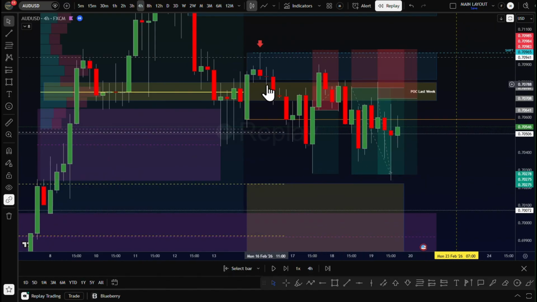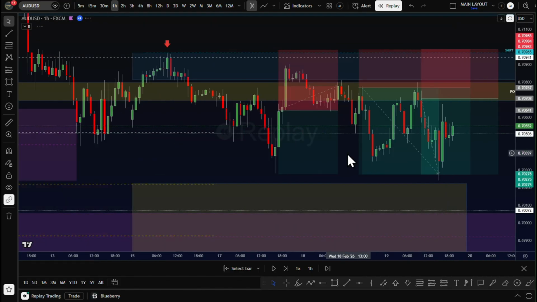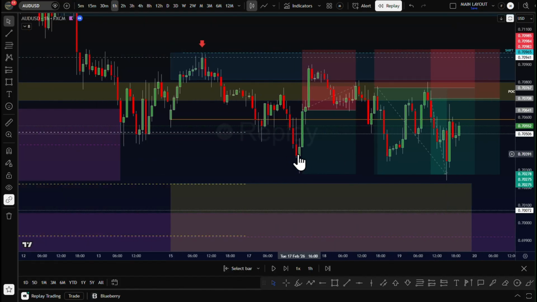So I play very, very carefully. I decided to go to the 1 hour. I came on this market on Tuesday, I think, because I didn't trade Monday. Monday was the bank holiday, so I came on Tuesday. I missed the trade on pound USD, I missed the trade on euro USD, and also missed Kiwi dollar. So the time I got into AUD, price was around, I think,